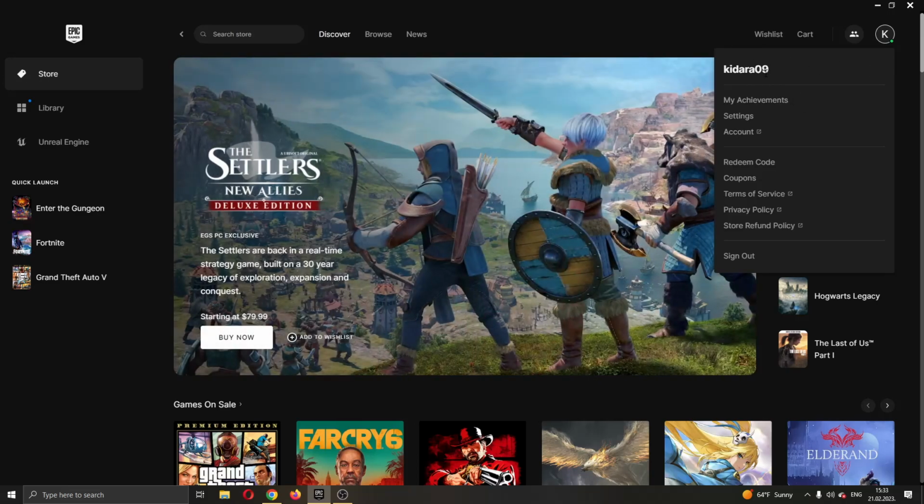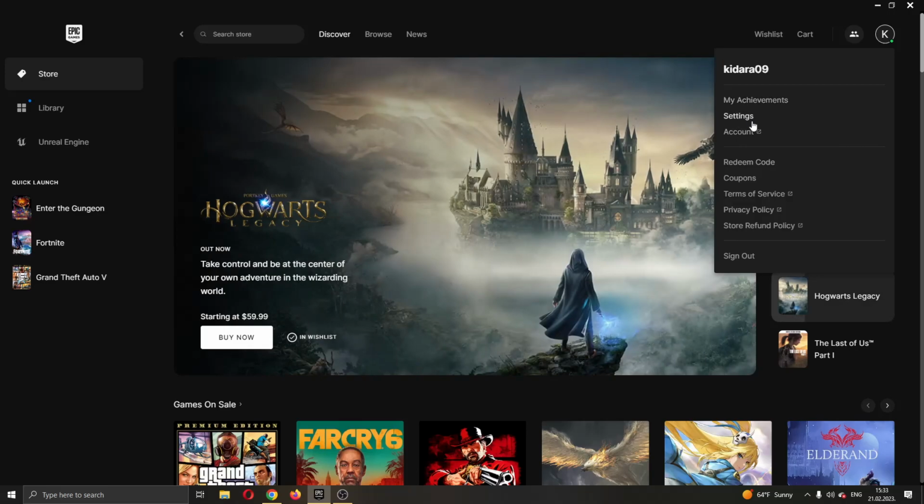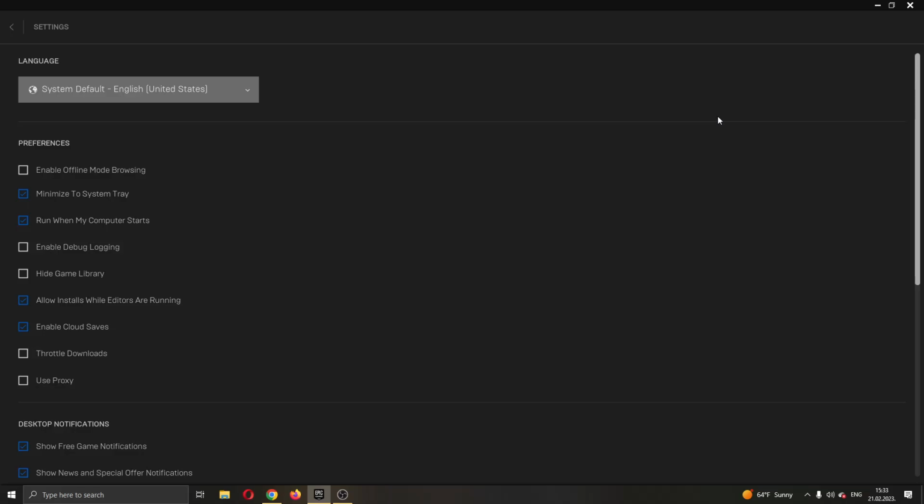and now this will open up a new drop down menu giving you multiple options to use, such as seeing your achievements or editing your account settings or seeing your account info and so on. So guys, what we want to do is go ahead and click the second option right here called settings. So guys, go ahead and click on settings,